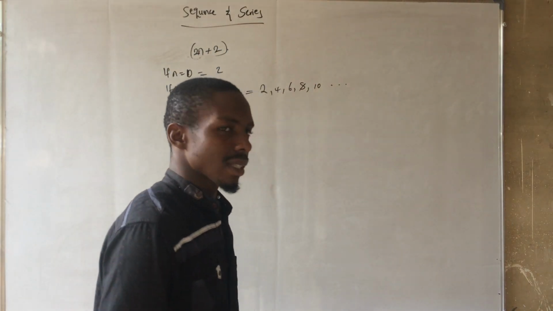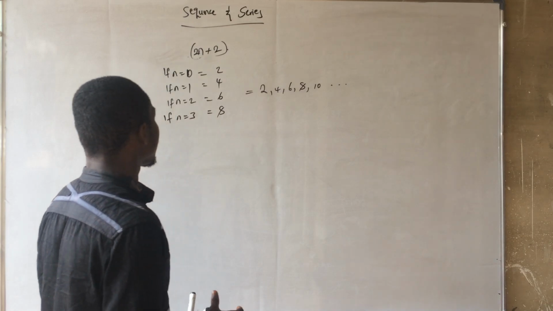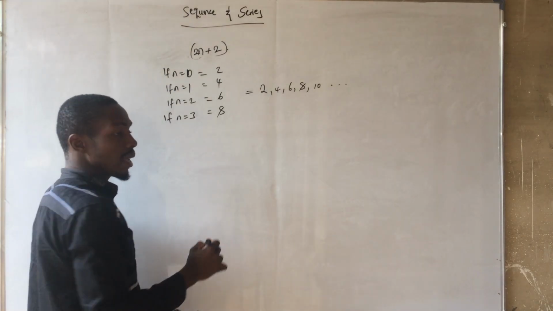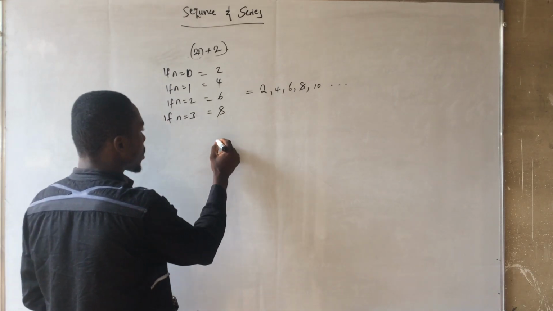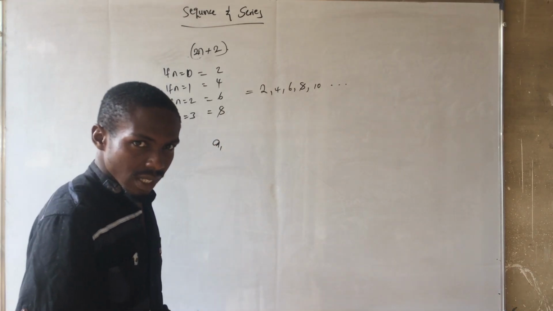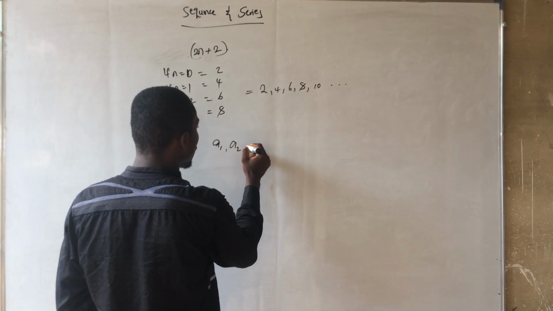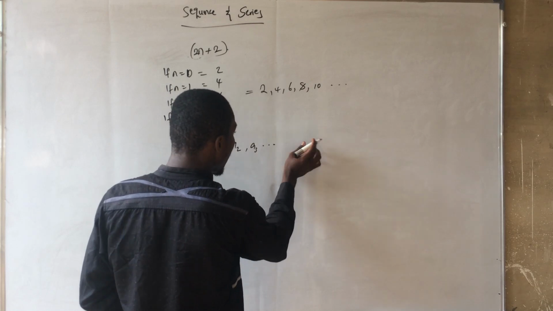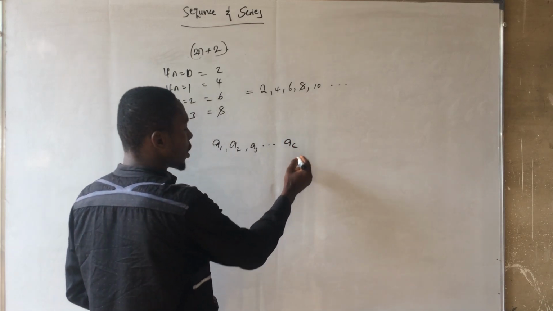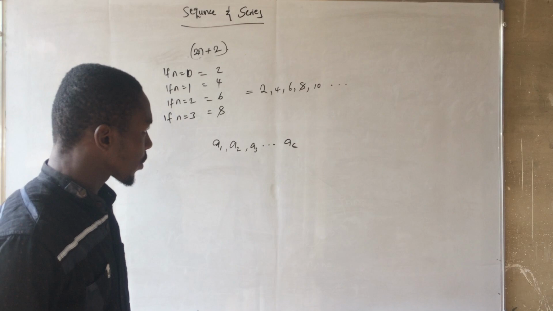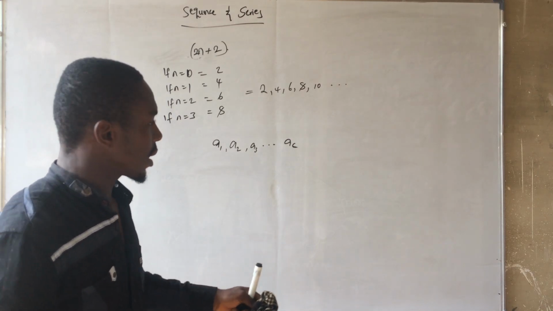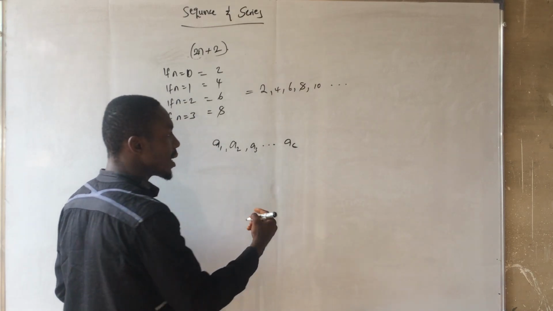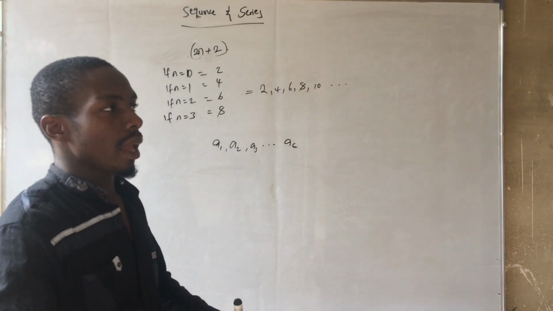Now, my sense and my brain now says, if we have a sequence of numbers, say A1 as the first term, A2 as the second, A3 as the third, till A last as the last term, and you form the second, and there exists what is called a